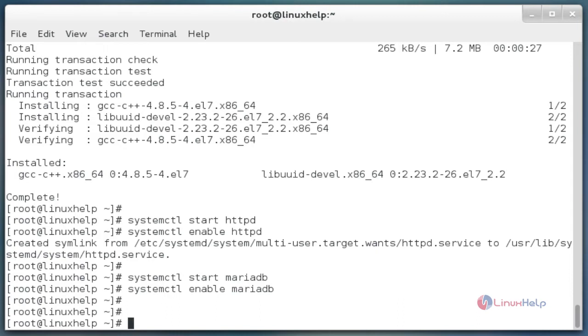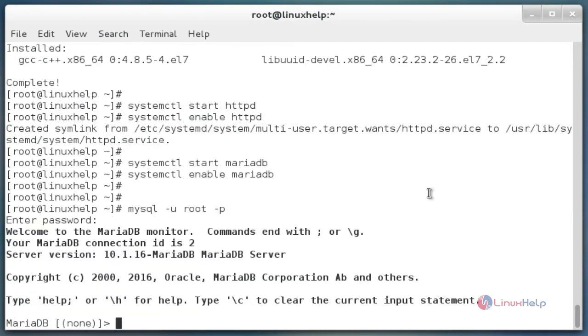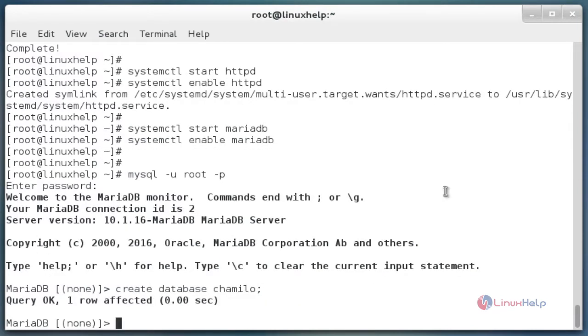The command is mysql -u root -p. Now enter. Now enter the password. Now create the database for Chamilo. Here the command is create database, then the database name. Here the database name is Chamilo. Now enter to create. The next command is